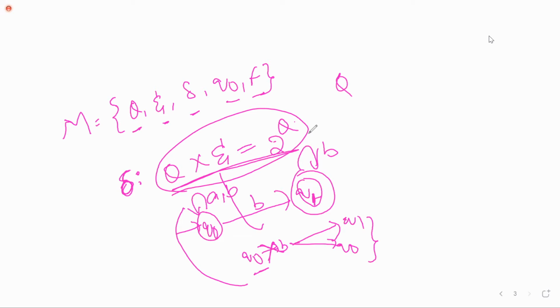No, that is an NFA. NFA means the input may go to 0 states, 1 state or more than 1 state. Look here. Q1 on A, I did not represent. So it is 0 times. Q naught on B, how many times is it represented? 2 times. Q naught on B is going to Q naught and to Q1. This is nothing but the NFA. NFA has 0 or 1 or more transitions for every input symbol for every state. It may go 0 times, it may go 1 time, or it may go more times.